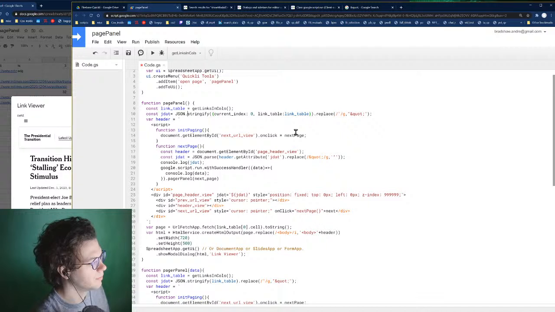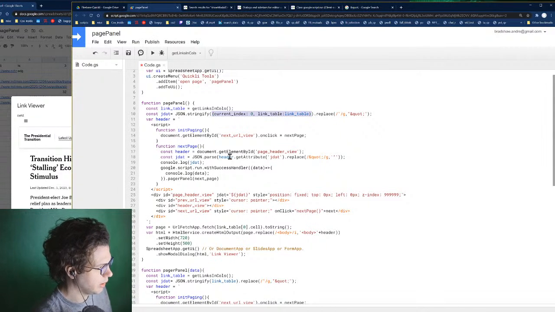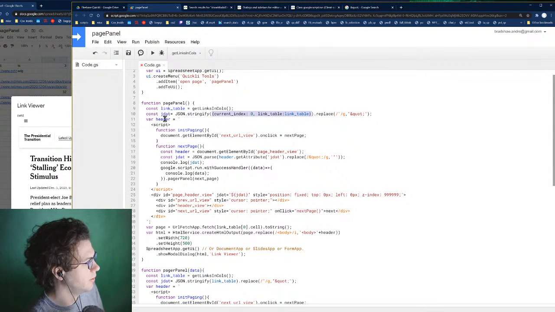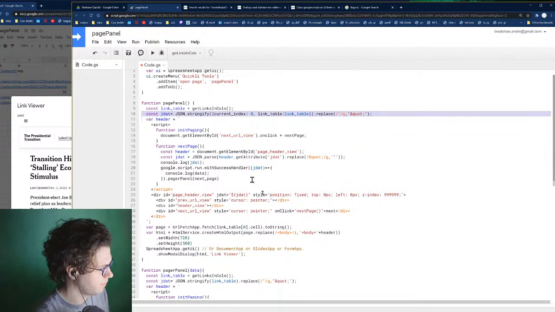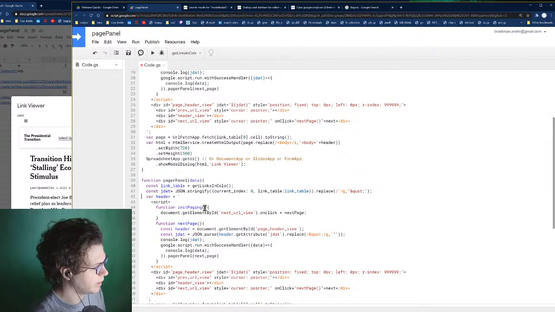All right. And then when I pass this through, I'm going to pass that through, right? And then I'll do the same thing here. But the difference will be that